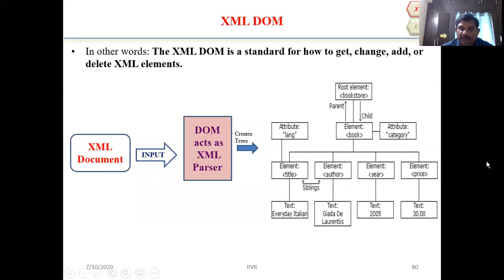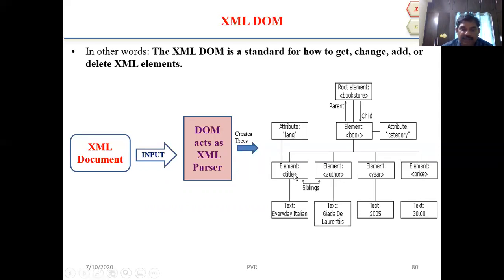Then the elements can be searched. We can search by the title, or by the author, or by the year or price. Using these four elements we can search the book, and using the attribute we can say the language also, either Telugu, English or Hindi.